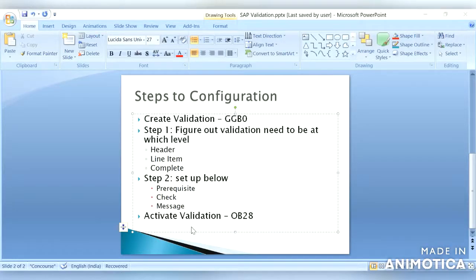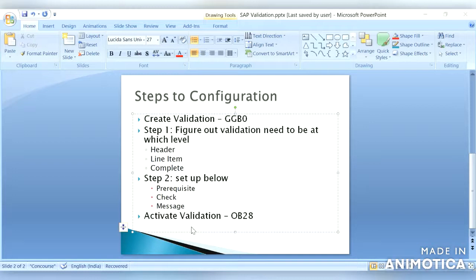So before creating the validation, we need to figure out validation needs to be at which level, whether it is header level or line item level, or it needs to combine both header and line item. So this we can find out based on the fields which we are going to write the condition.